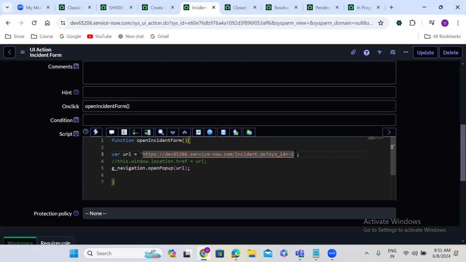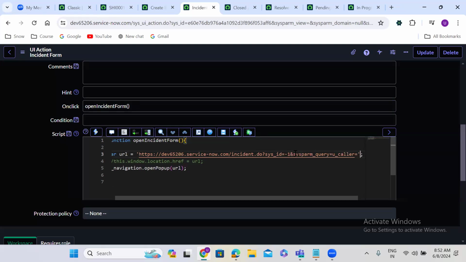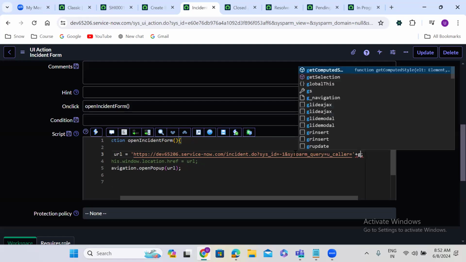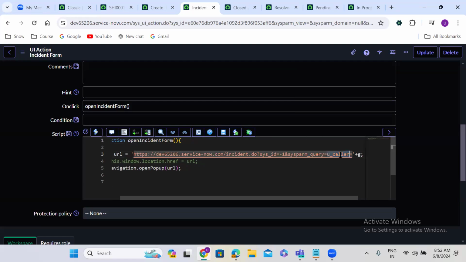And this param query is equal to u_caller equal to plus caller ID. Caller ID is equal to